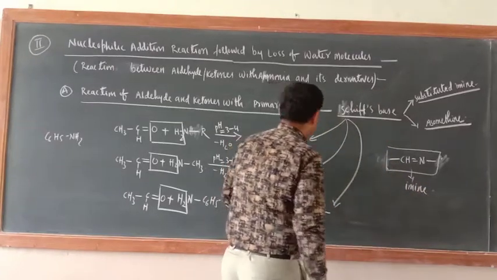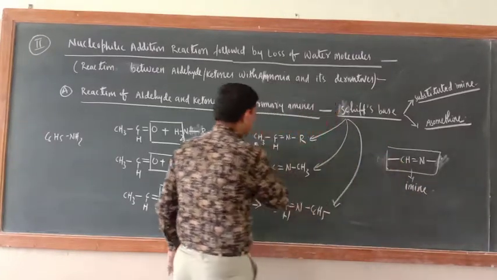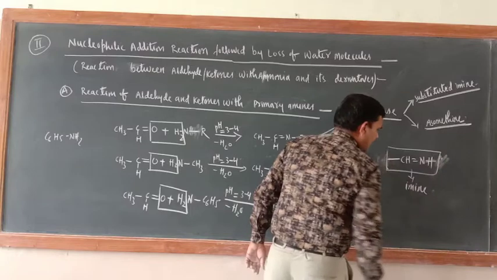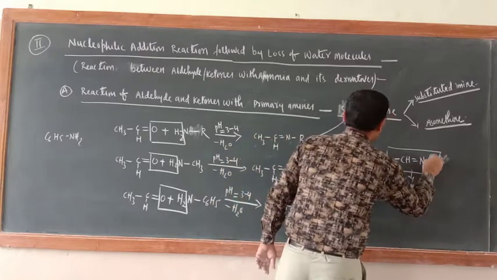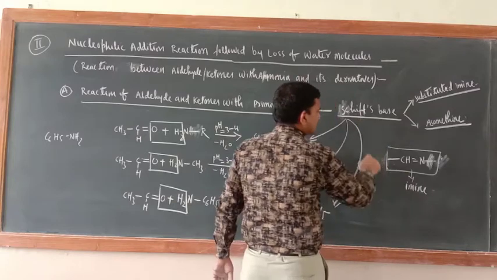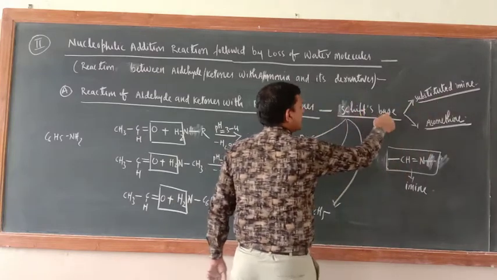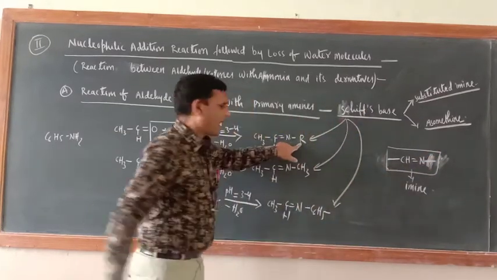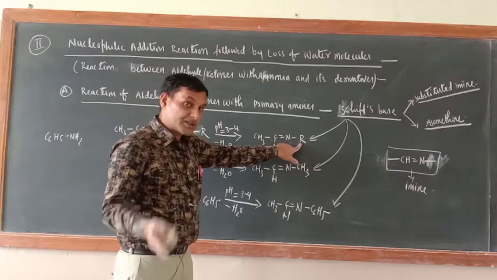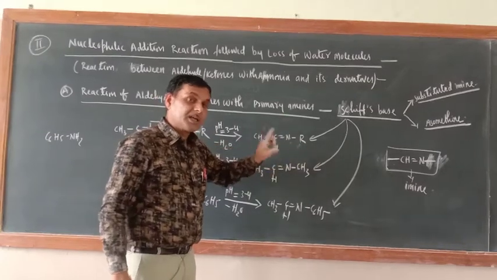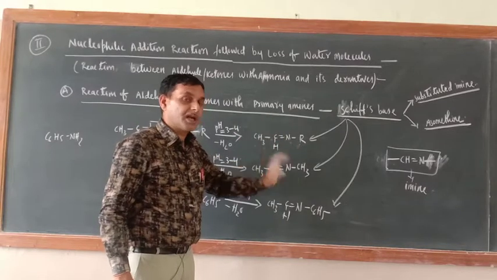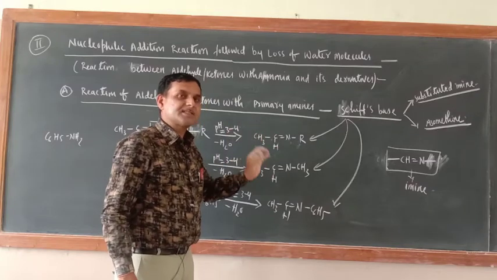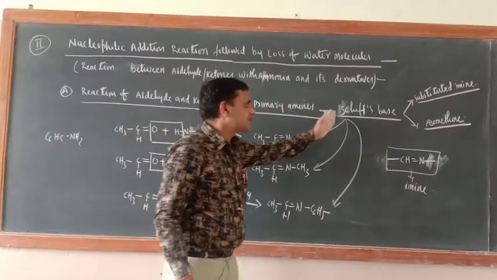So just see here, this side CH3 is there, CH double bond N is there. Only in place of NH, R has come. So can we say this is a substituted amine? What are Schiff bases? Substituted amines. In the imine CH double bond NH is there, so in place of the H on N, R has come. So can we say this is a substituted imine? That is only the Schiff base.